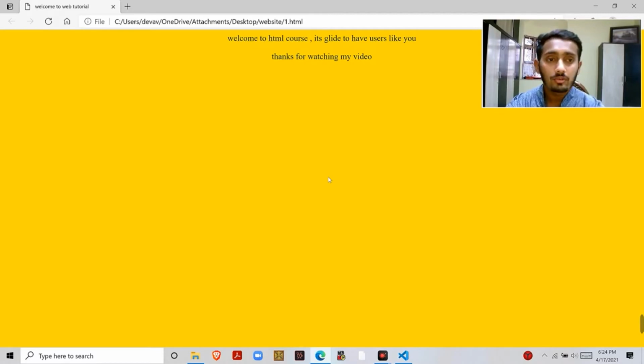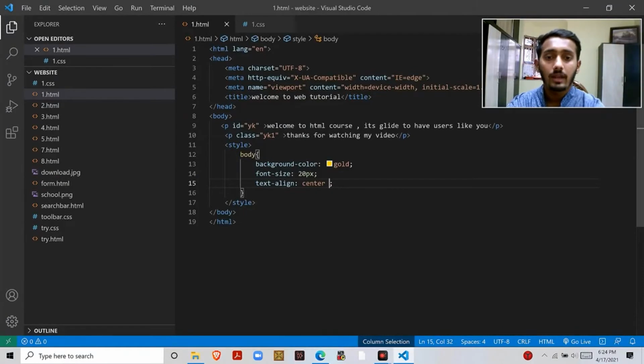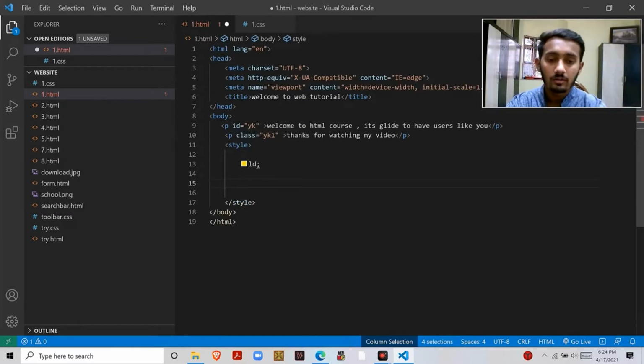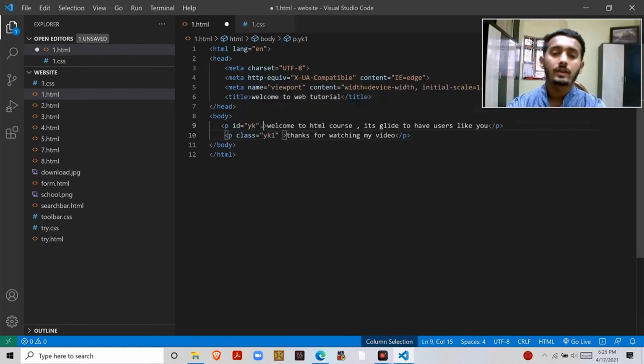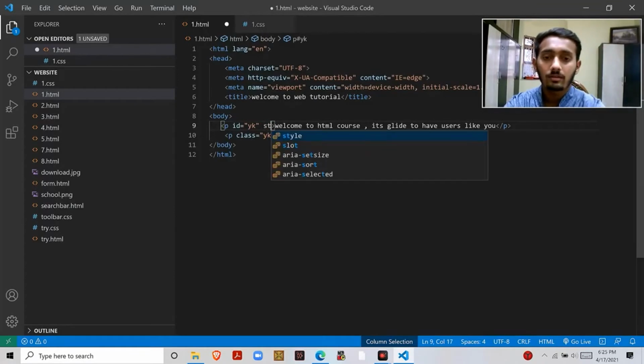Now I am going to do the same thing with inline CSS. So let's check what inline CSS is. That is also really very easy, not hard. I need to delete this style tag first. Now we are going to declare our style or inline CSS in the tag only, where I have put the cursor here. Now we need to declare the style attribute.